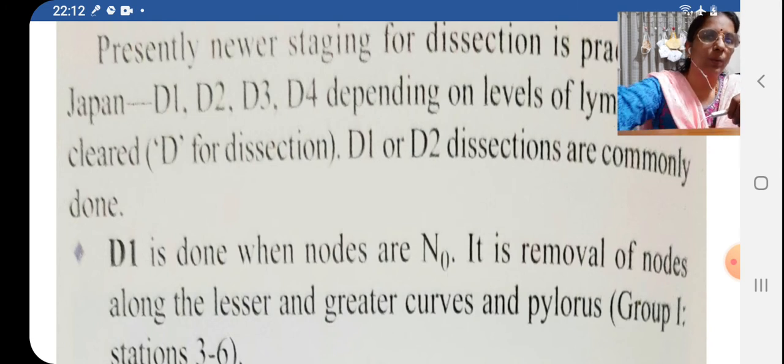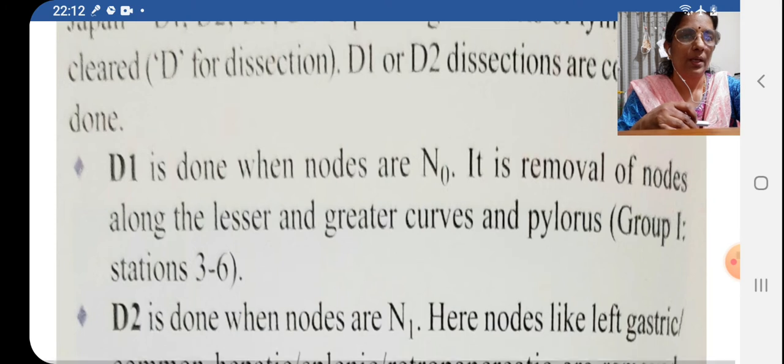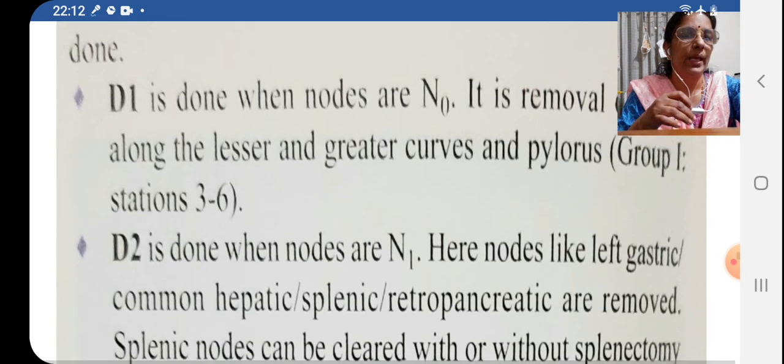What is N0? When there is no nodal involvement. What is N1? There is involvement of the 1 or 2 nodes in the perigastric region. So when the patient is N1, that means when the perigastric nodes are involved, you go for a